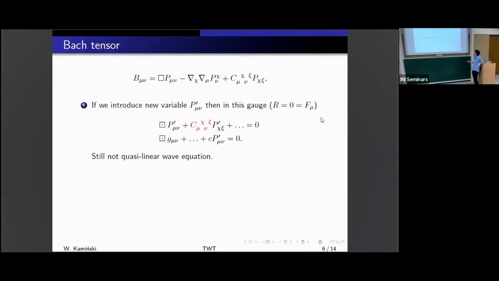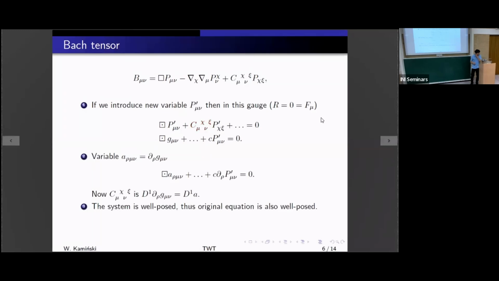Okay, so what we can do, if we... so is it visible that it's red? Yeah, probably yes. Barely, but it's okay, it's at least visible. Okay, so what we can do, and this is something that I learned that Leray probably invented in the 50s, and it has some lecture notes, but somehow it's not a widely known method, though probably used extensively. So what we do, we just introduce a new variable.